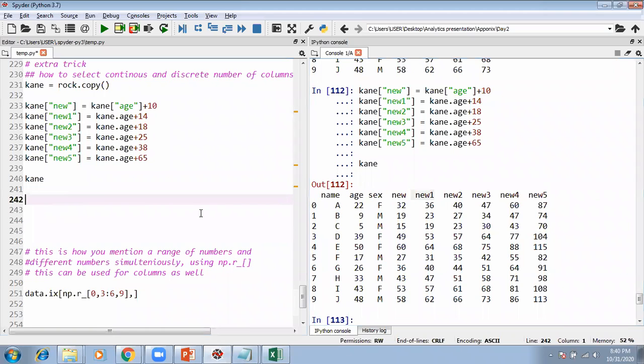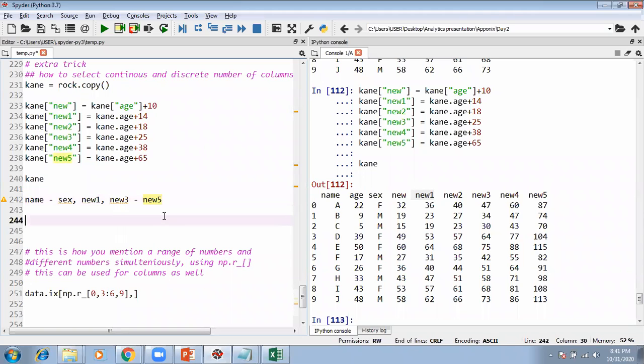So you want name to sex, you want new one, as well as new 3 to new 5. These many columns you want to select.